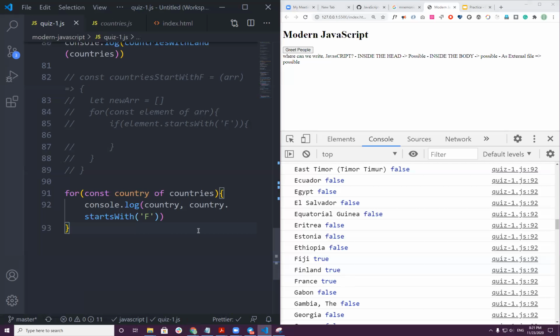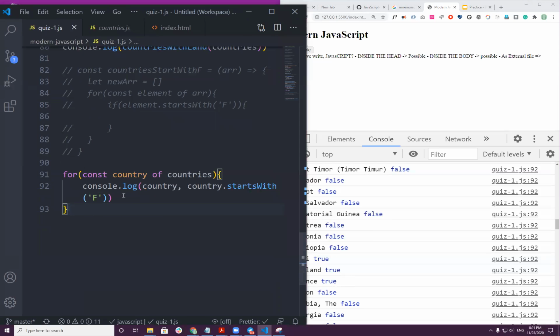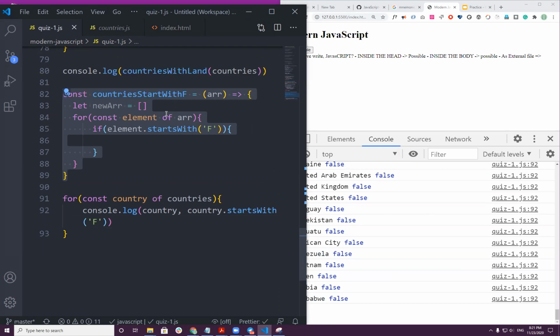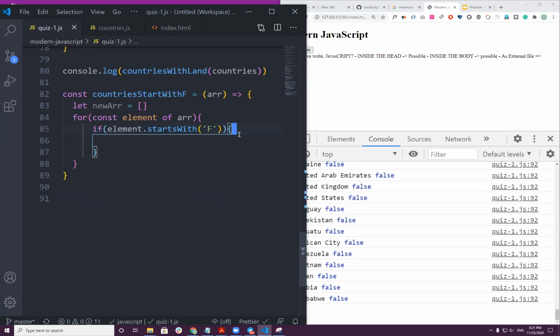Okay, so now let's change this to a function. To change to a function, I have already started here. I will name it countriesWith, then element dot startsWith F. If it starts with F, then we will start pushing it. Where to push it?